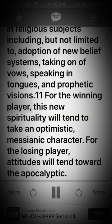For the winning player, this new spirituality will tend to take an optimistic, messianic character. For the losing player, attitudes will tend toward the apocalyptic,